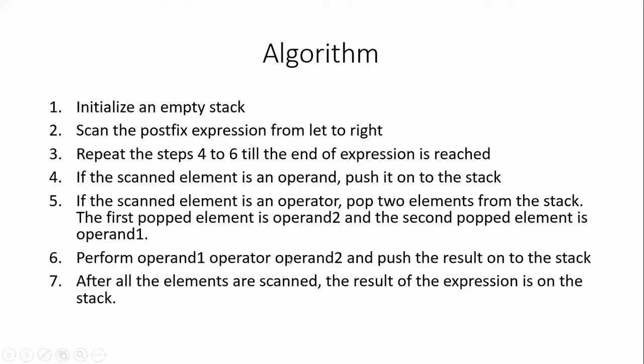Then you are going to perform the given operation. The operation is operand 1, then you apply the operator, then operand 2. Finally you will get one answer, that is the result. That result, again, you have to push onto the stack. So whatever we are pushing on the stack: first we push the operands. When we get an operator, we pop 2 operands from the stack because we are working on binary operators. Then we apply the operator on the 2 popped operands, we get one answer, and that answer we again push onto the stack.